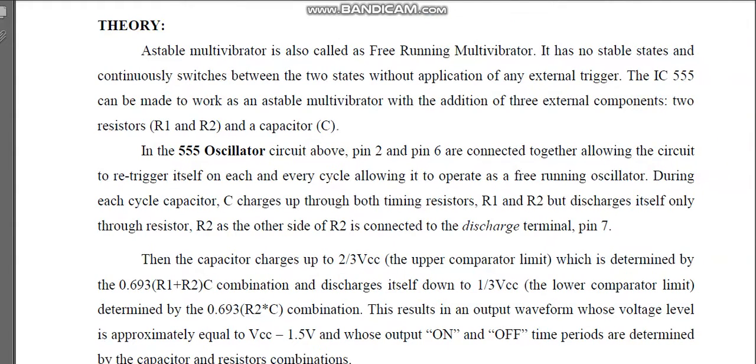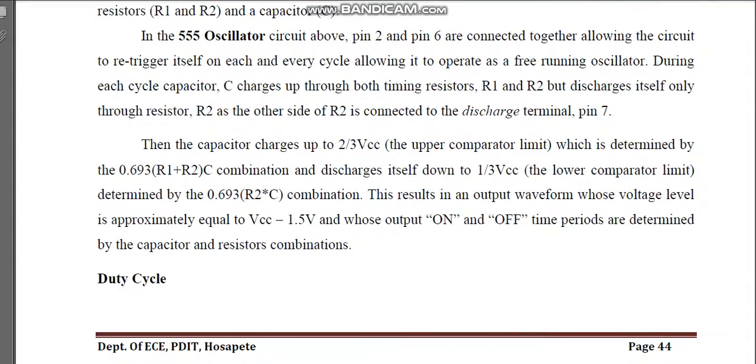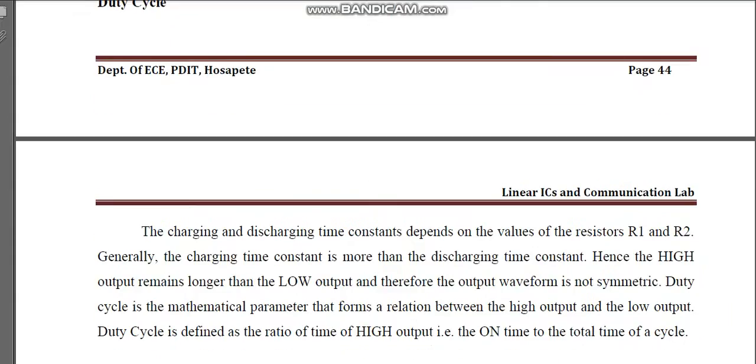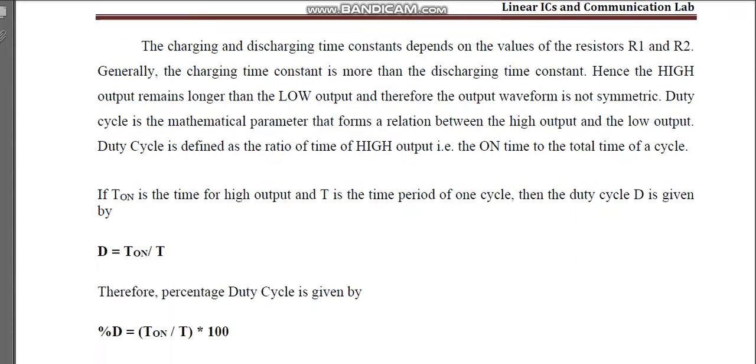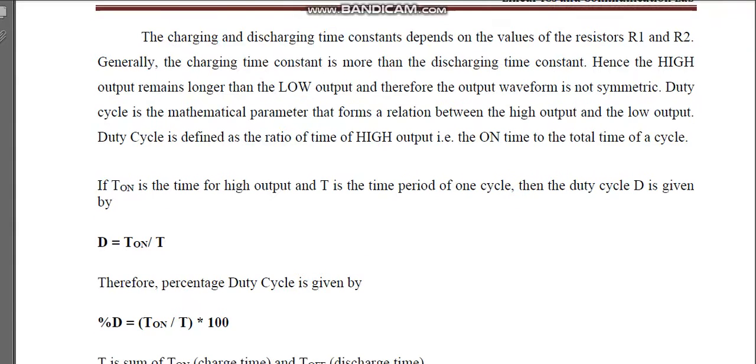I will directly explain how to design it. You know what duty cycle is also. The percentage of on period is called the duty cycle. You can see the formula: duty cycle = T on / T, the on period divided by T. If I write it in terms of percentage, it becomes the duty cycle in percentage; otherwise, this is just a number. And how do you calculate this T on and T in this 555 timer?